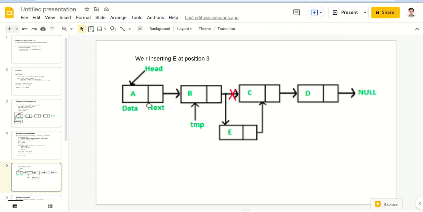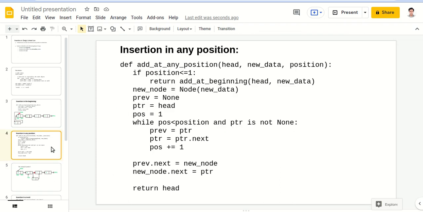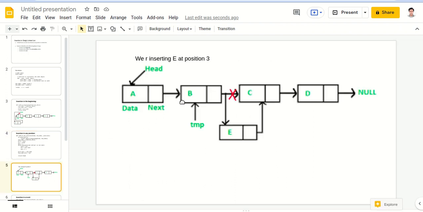So the loop will start running. Position is equal to 3.